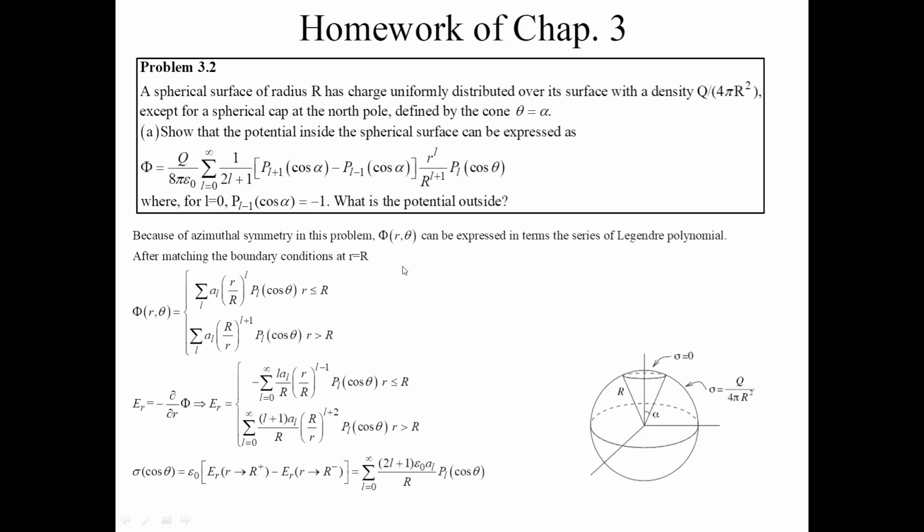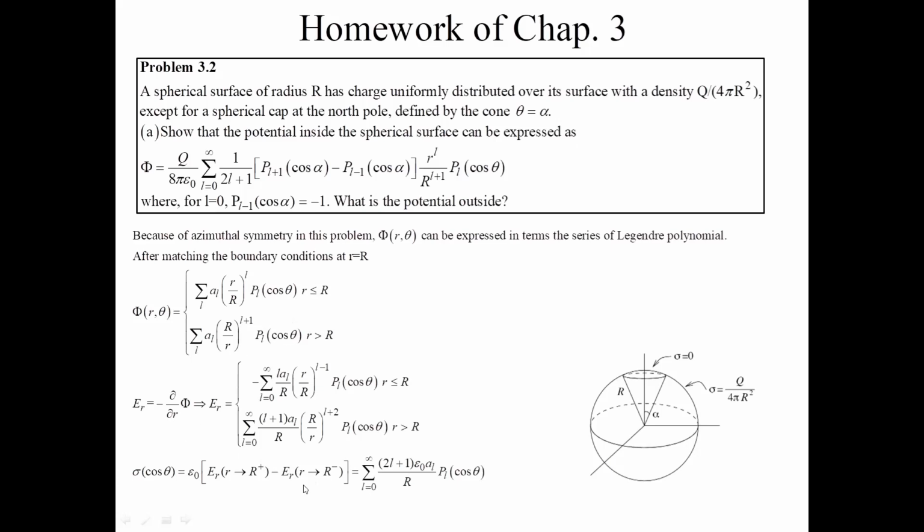And then for problem 2, here we have a spherical surface with a surface charge density Q over 4 pi r squared. So here we write down the potential field in general form after matching the boundary condition. It will look like these two, for r less than big R and r bigger than big R. We first want to calculate the surface charge density